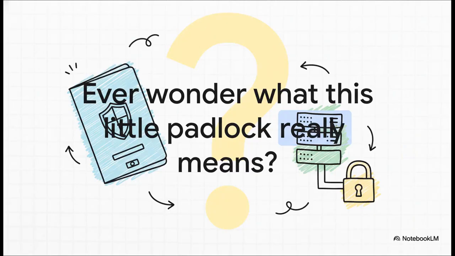You see it all the time, right? Up there in your browser's address bar. It's supposed to be this little symbol of safety, the sign that your connection is secure. But what does that actually mean? I mean, how does your browser just know it can trust the website you're on? Well, the answer is this fascinating story of digital imposters, cryptographic signatures, and a global network of, get this, digital